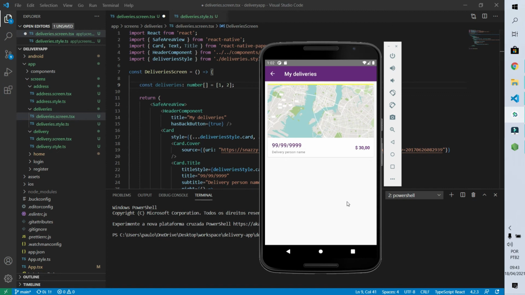For this type of list that can be a very long list, we shouldn't just do what we did before. We use another component called FlatList. This FlatList draws on the screen only the components that are actually showing up on the screen. This helps us with the performance of the application, as, for example, if I have 100 deliveries, I don't need to draw on the screen those 100 deliveries. I can draw only the 3 deliveries that are actually showing on the screen, right? I mean, this FlatList component will draw on the screen only what is visible.